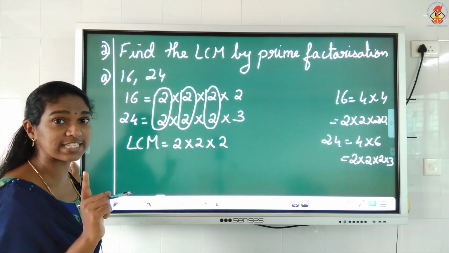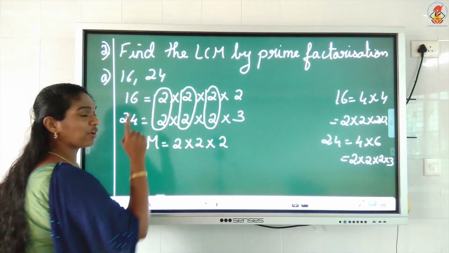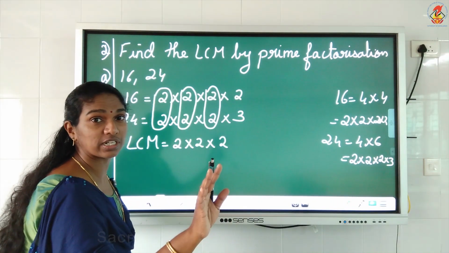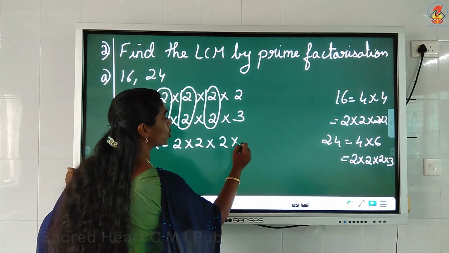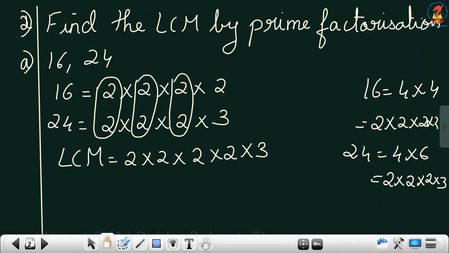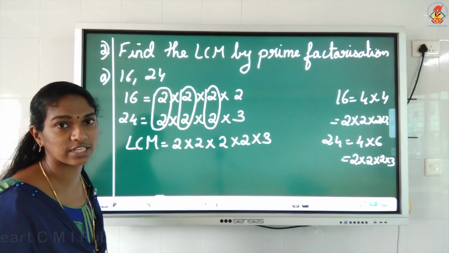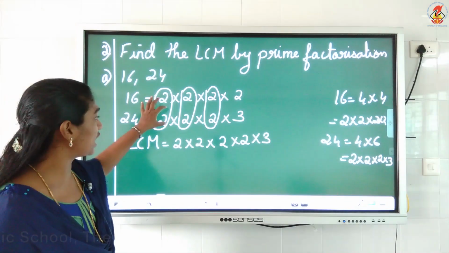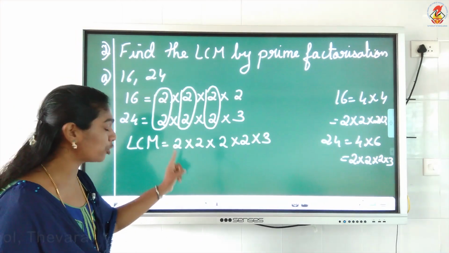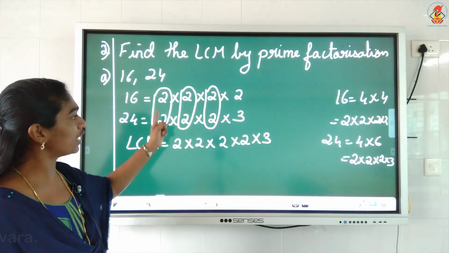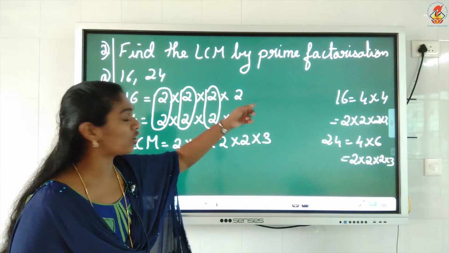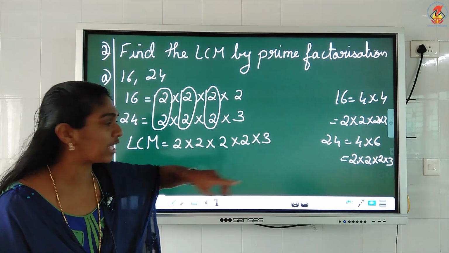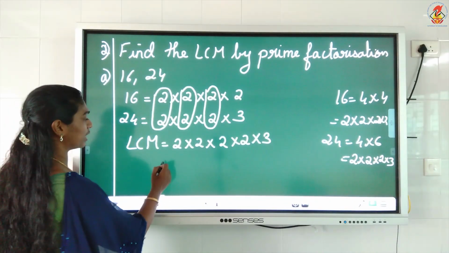But when it comes to LCM, children, same, you will take one from each group and then you will take what is left over. What is left over here? One 2 is left and one 3 is left. That also you have to take in LCM. If it was HCF, you will only take what you have made in groups. From each group you will take one. But when you come to LCM, you will take one from each group and you will take what is left over, where there is no group. 2 and 3 have no group there. That also you will take. And then you will multiply.